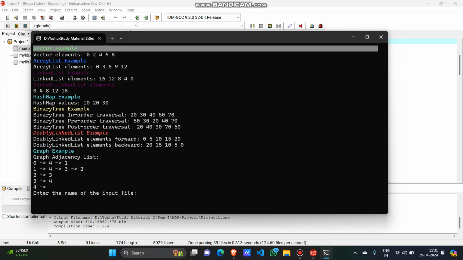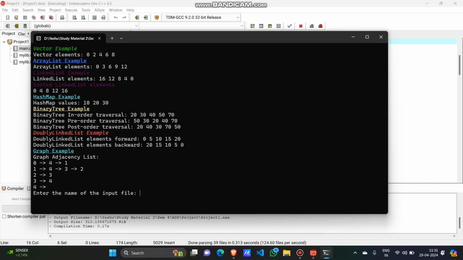So here are some data structures that we have implemented: vector, array list, linked list, sorted linked list, hash map, binary tree, doubly linked list, graph, and we have also implemented a file conversion mechanism where suppose I am giving input.txt file as an input. Now one.bin is my output file, and if I have to create the copy of input.txt again,